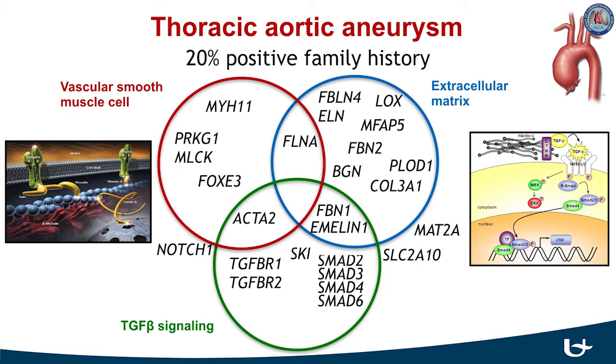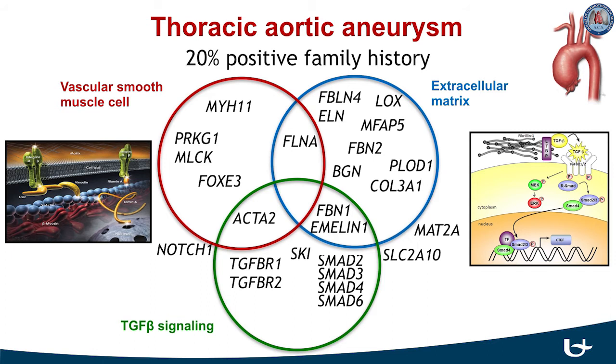Over the last decades, dozens of genes have been identified underlying this condition. At present, these genes account for both syndromic and non-syndromic forms. We can largely group these genes together into 3 subcategories. First, genes encoding for components of the extracellular matrix, for example, fibrillin 1 in Marfan syndrome or COL3A1 in Vascular